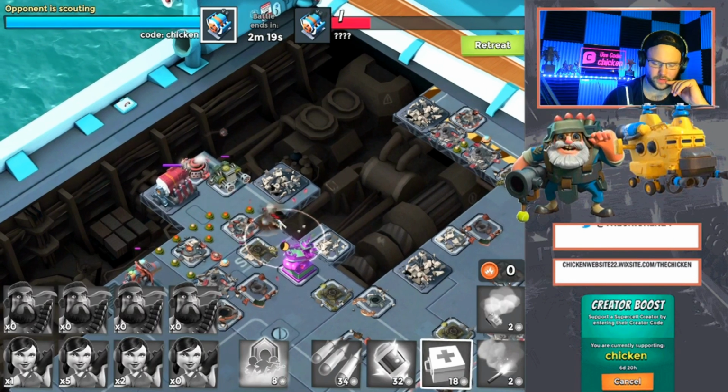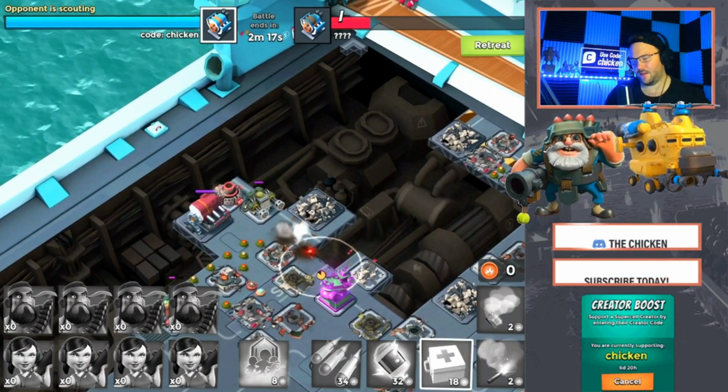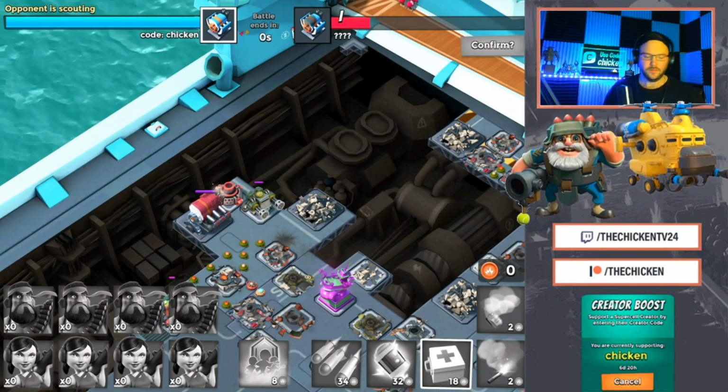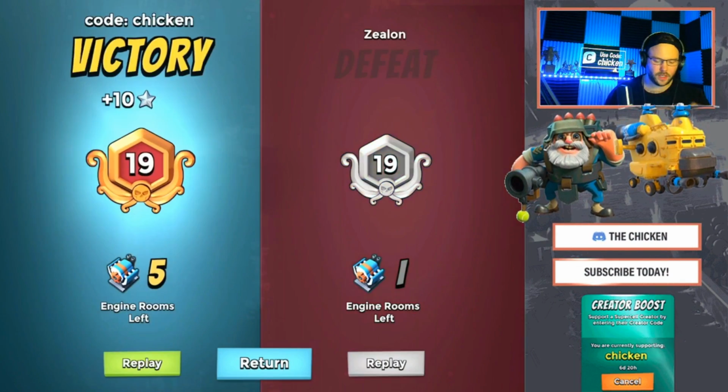Yeah, that was just bad, man. Kavan went down and we got screwed. If I had one second wind, we probably would have won that. But now he's been scouting the whole time, so he's going to be able to...